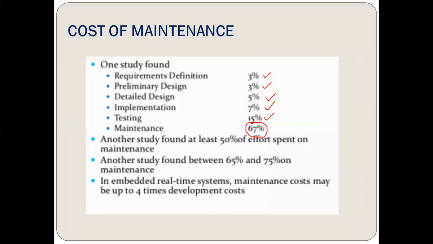So according to the cost, the effort spent in the maintenance phase is also much higher as compared to the earlier phases. So we have to take care: if all these early phases are done properly, then only the cost of maintenance plus the efforts in the maintenance can be reduced, right? So I think this particular part is clear to you all, right?